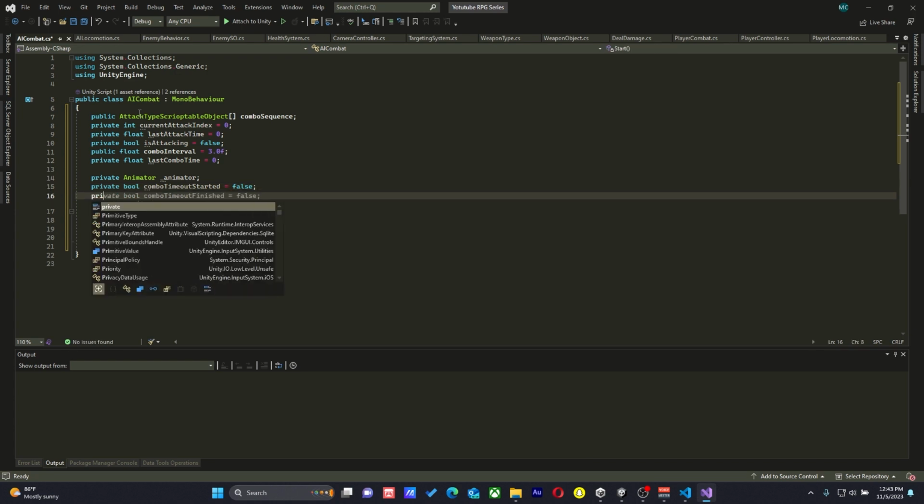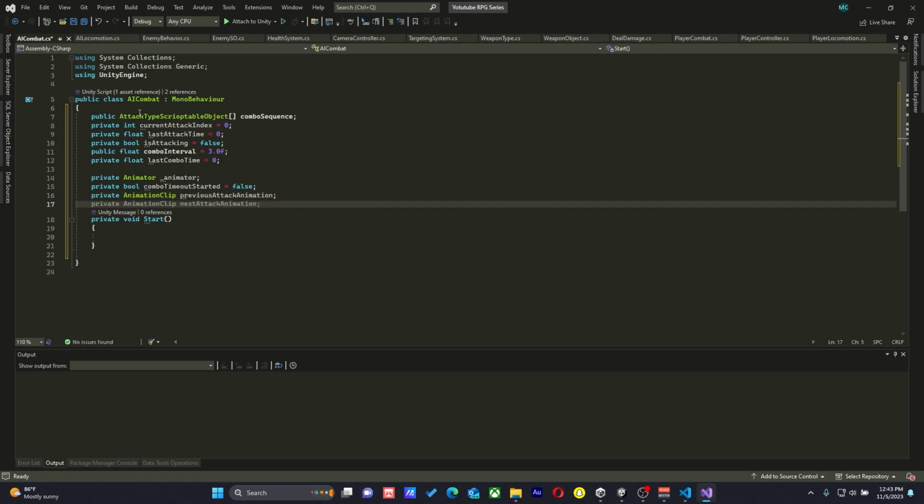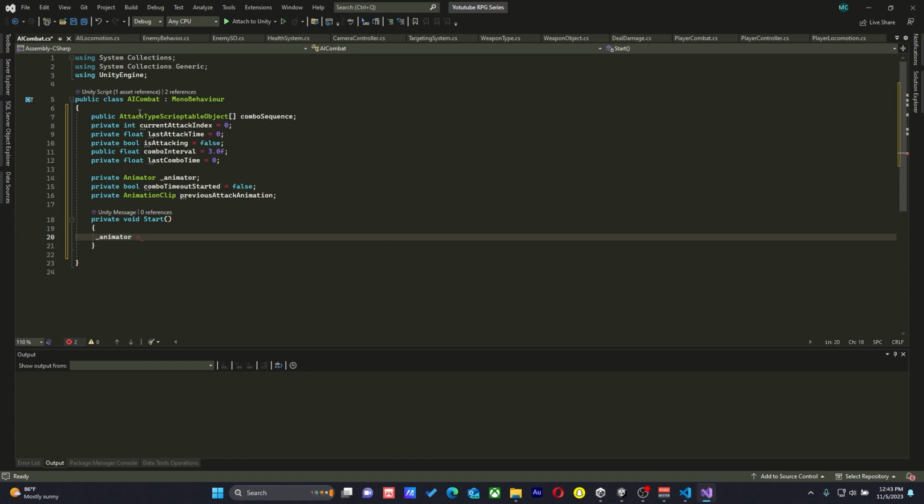Then we need our usual private animation clip that we're going to call the previous attack animation, just like the player combat system. So we're trying to make this enemy also have some combos. That's the plan. So in the start, obviously we're going to say animator is equal to,